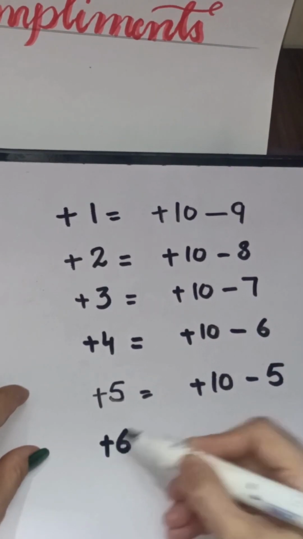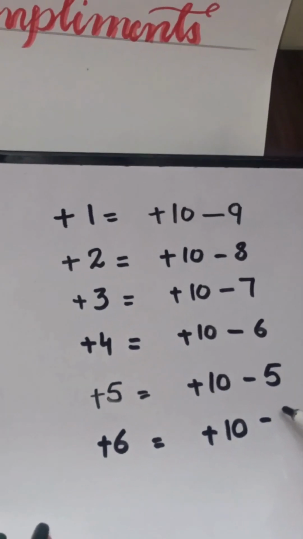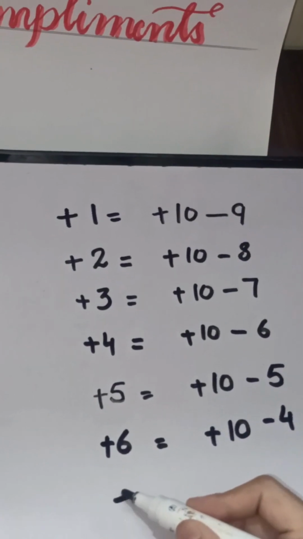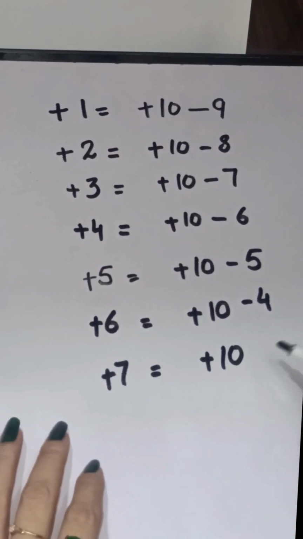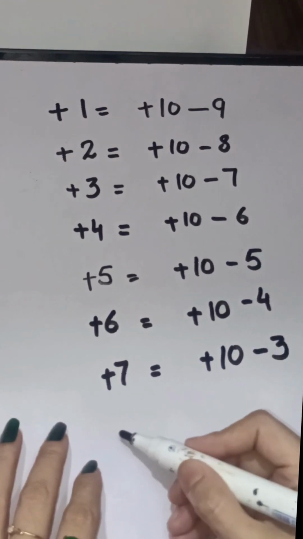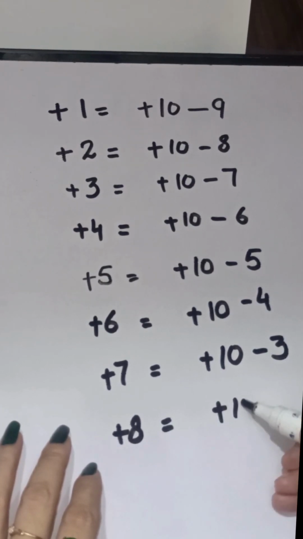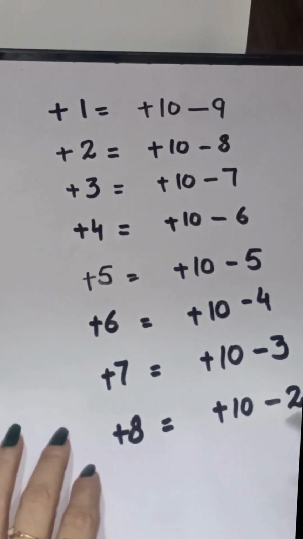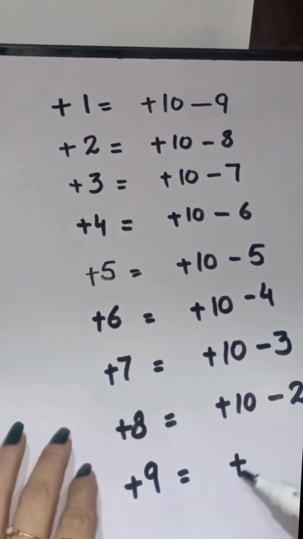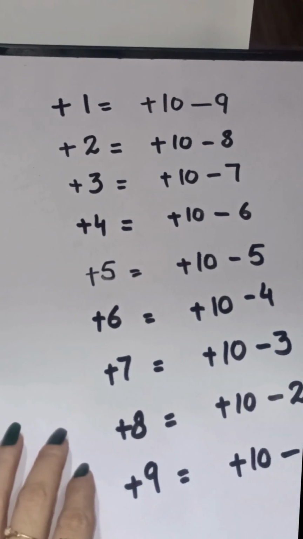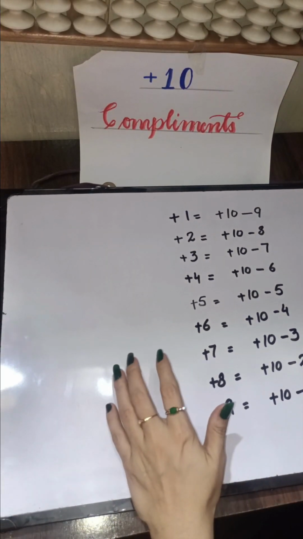Plus 6 is equal to plus 10 minus 4, and plus 7 is equal to plus 10 minus 3, and plus 8 is equal to plus 10 minus 2, and plus 9 is equal to plus 10 minus 1. So these are the formulas we have to use in the plus 10 complement,